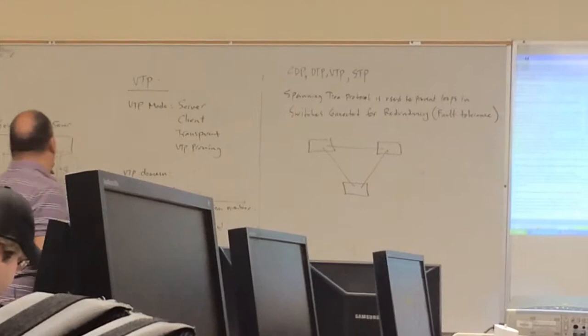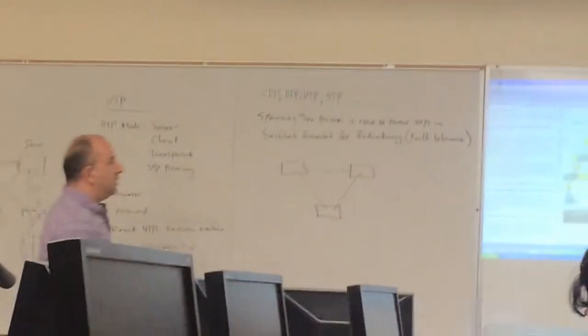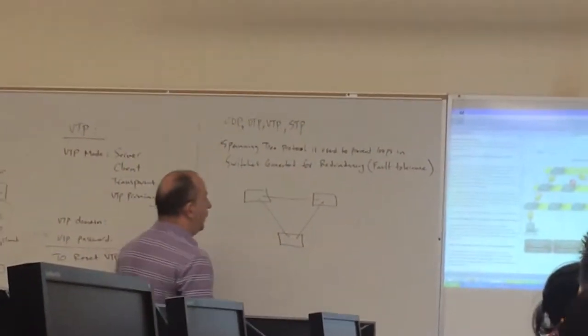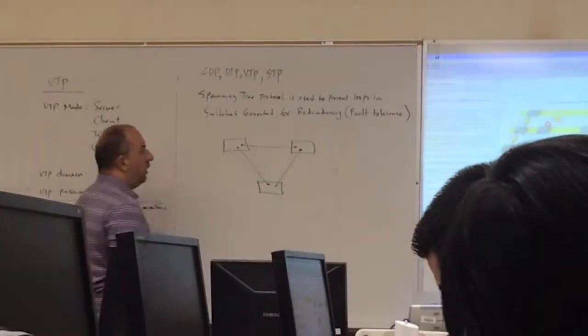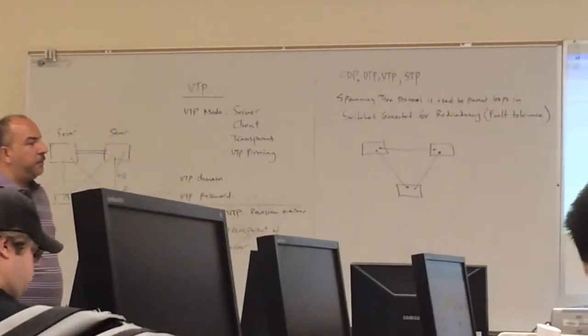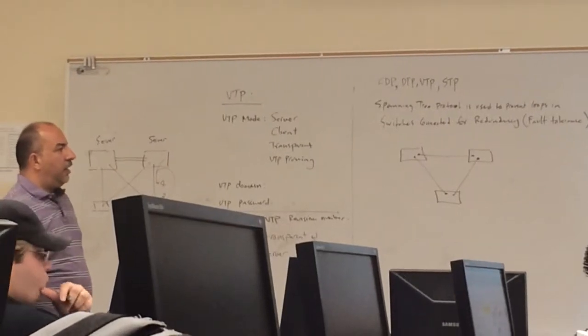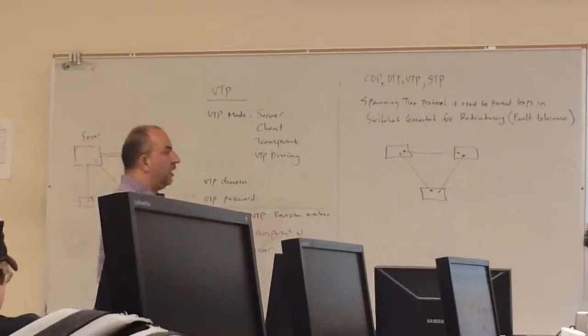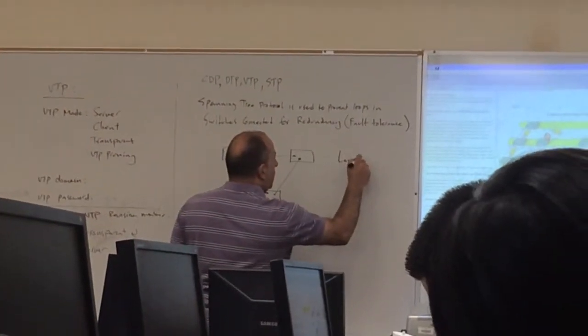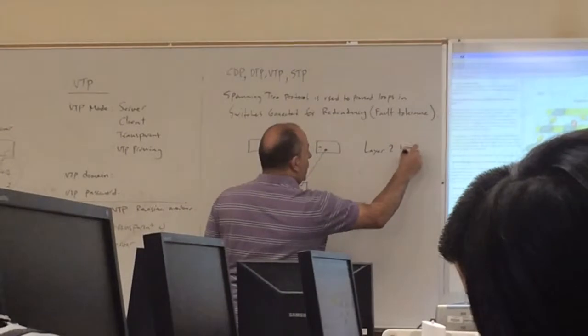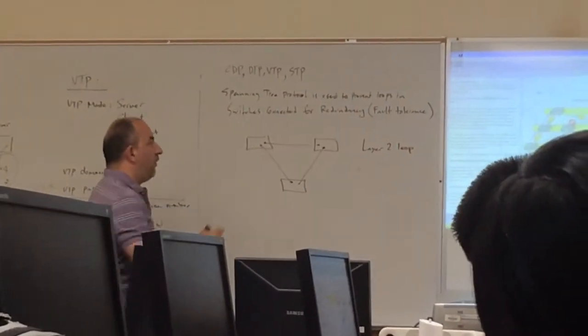Like this one, or like this configuration that I gave you last time. Now this is a redundant, this is basically I connected a trunk between this switch and this switch, this one and this one, this one and this one right here. So in this case what you have is a layer 2 loop, which means that frames